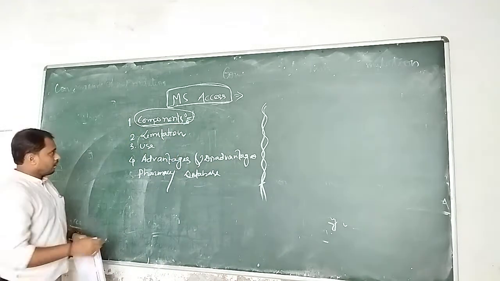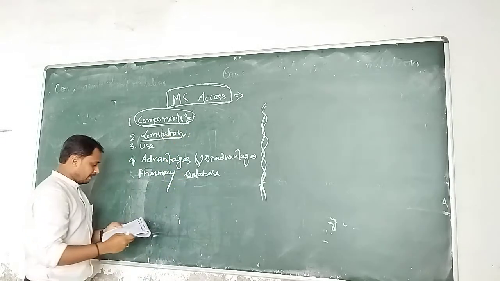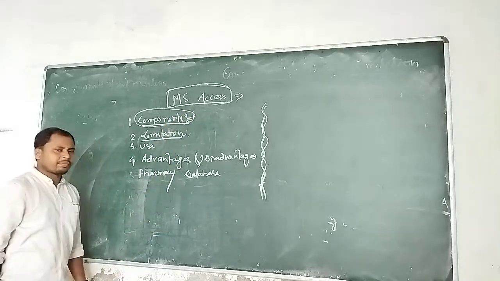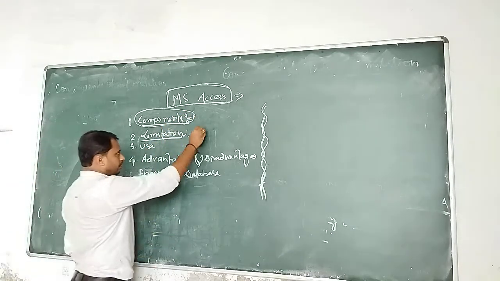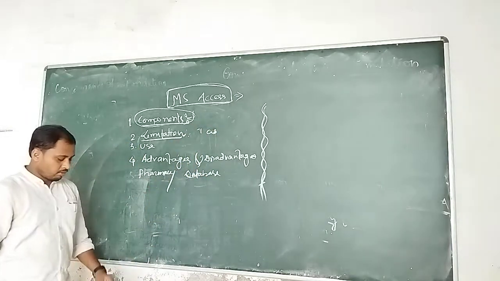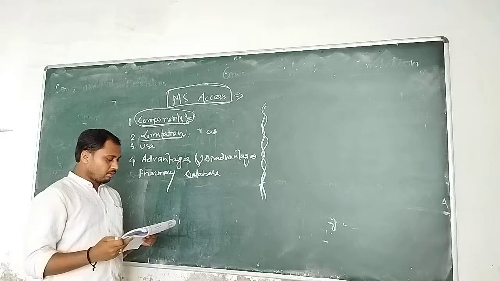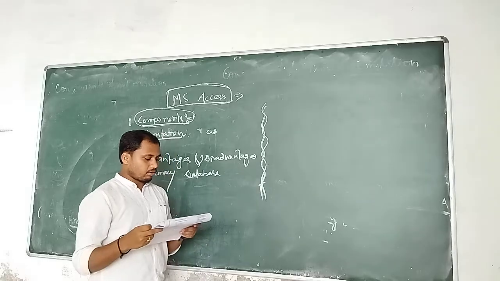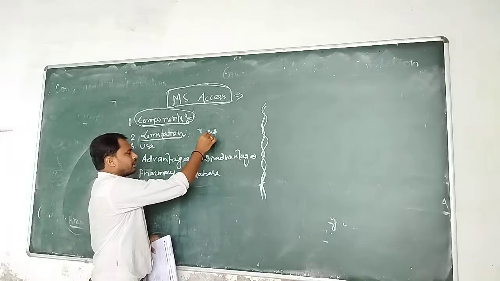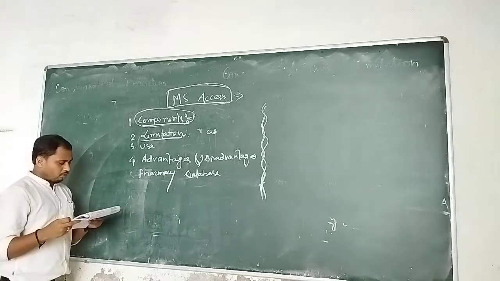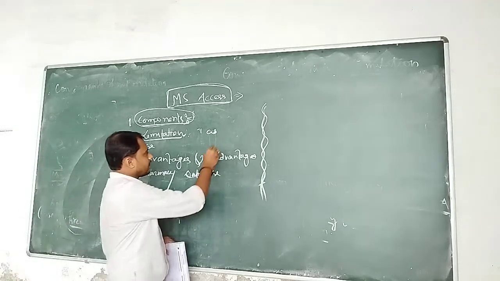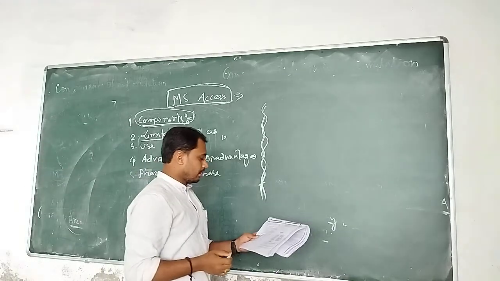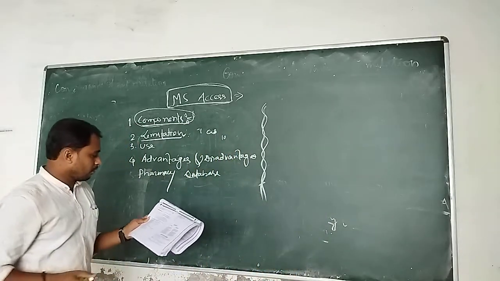Then what are the limitations of MS Access? There are some limitations. The table is the main backbone of MS Access, and the table size is one and only 1 GB. The number of fields in a table record is 250. The number of indexes in a table is 32, and the number of fields indexed will be 10, one and only 10. I will provide the note, and you can get the information on limitations from the note.